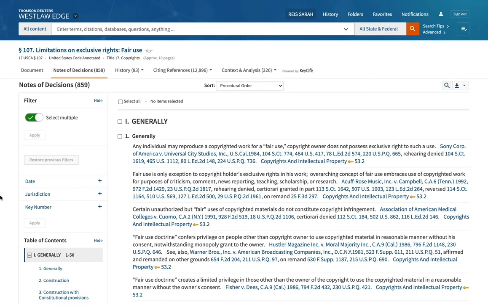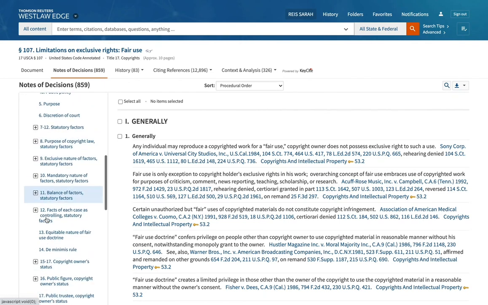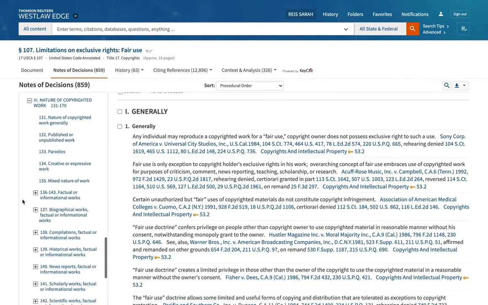We can skim through the Notes of Decisions topics in the left sidebar. There are various Notes of Decisions topics pertaining to the factor of the nature of the copyrighted work.